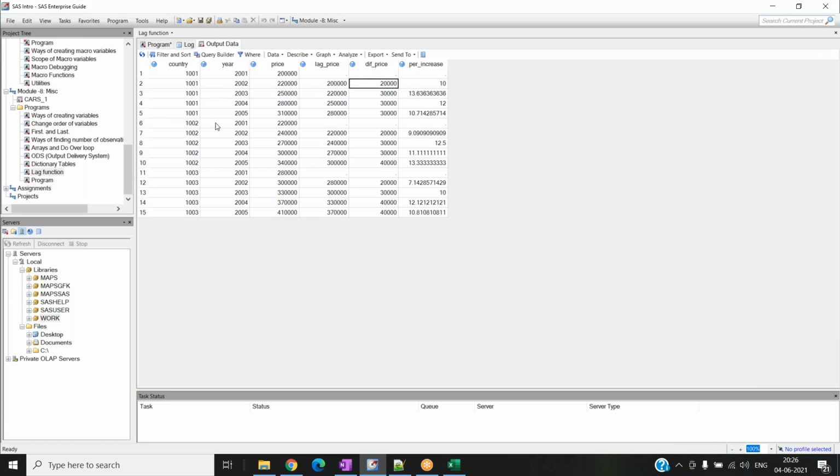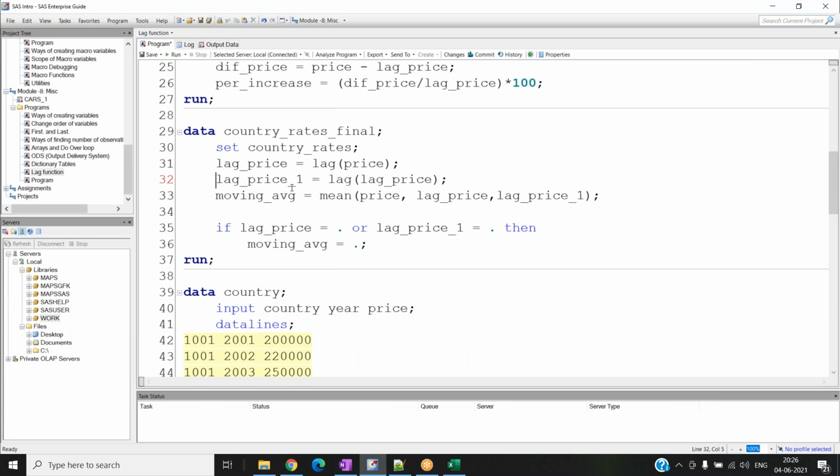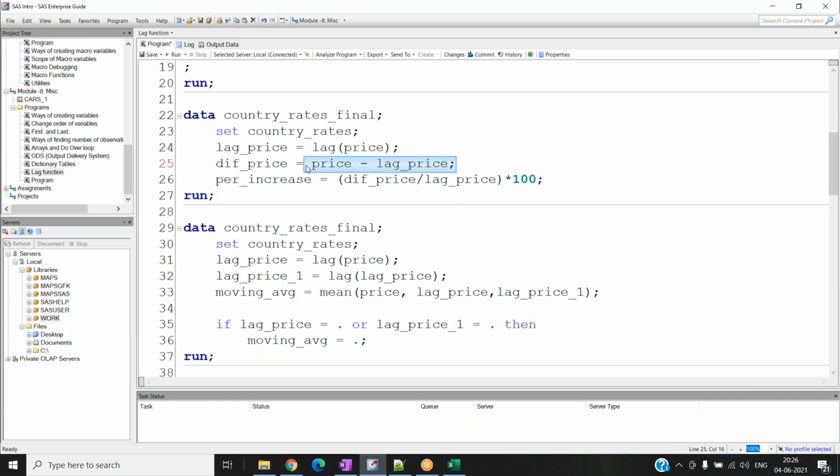But here, the only thing I'm doing is doing this based on the first dot and last dot. That is, if it is the first country, for the first occurrence I don't have any values, correct? So I'm directly calling that missing. You can see here, all I'm doing is set by country, I'll just go with year and country. Lag of price I'm calculating. Instead of this subtraction, again going with one more lag here, this one. Instead of this,